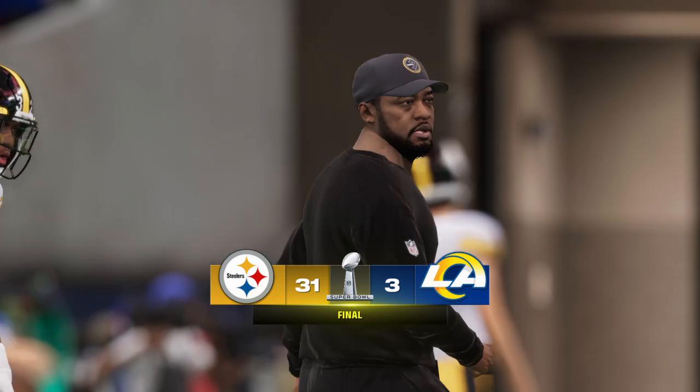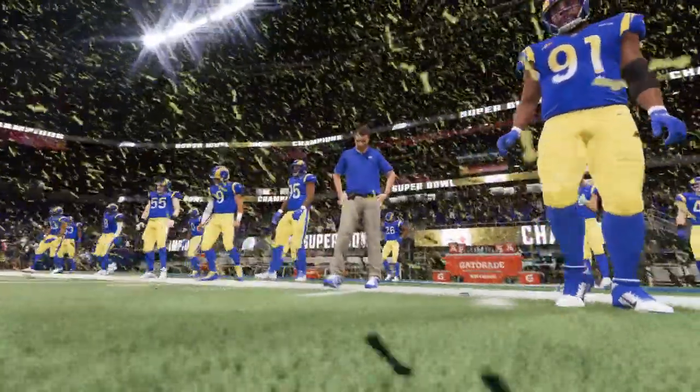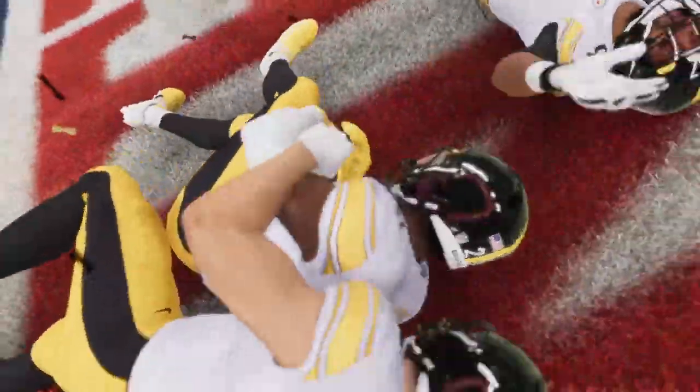Pittsburgh Steelers have won the Super Bowl, and the Lombardi Trophy is going back to the Steel City. For the victors getting to hoist that Lombardi Trophy, you know, we've talked to guys